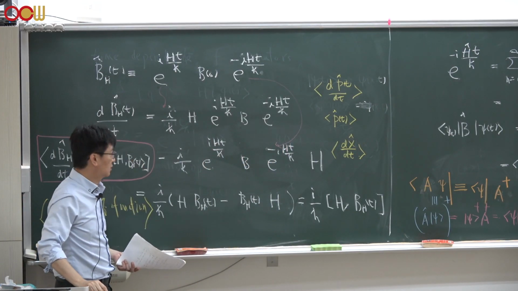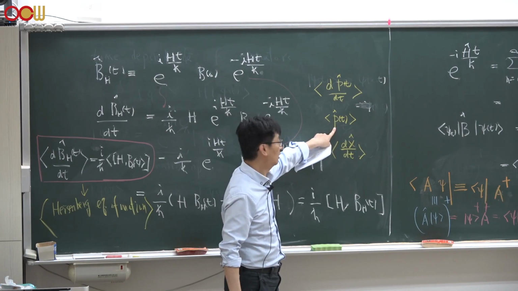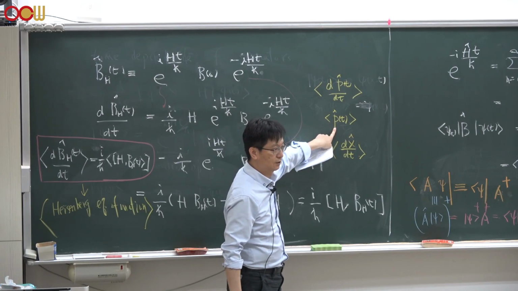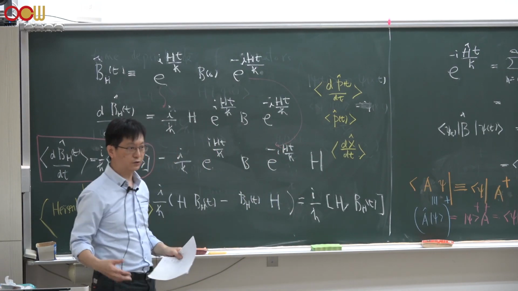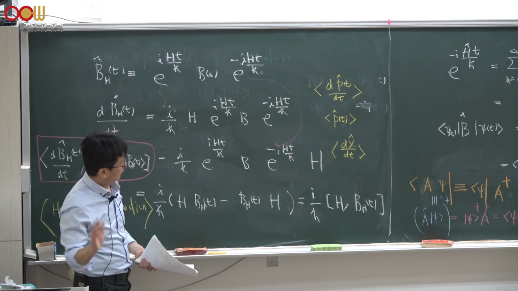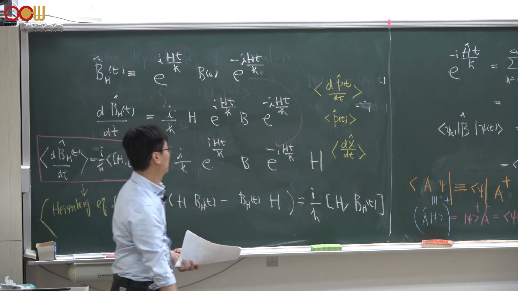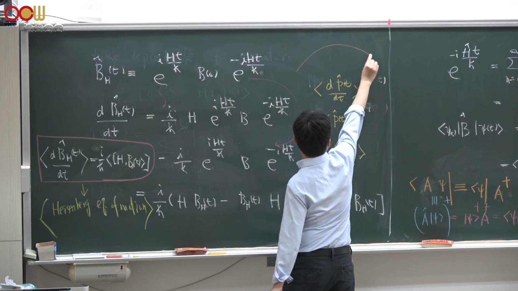Okay, but what is this? Well, this is nothing but the expectation value of a momentum variable at any given time. Just like classical variables, where you solve Newton's equation of motion for a ball that you throw upwards at some angle, and then you could calculate the trajectory of that ball